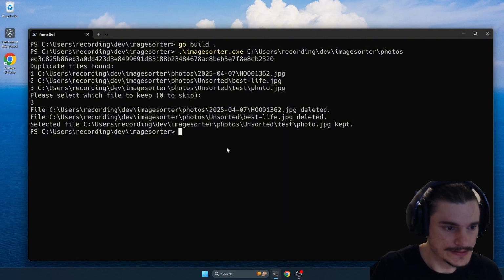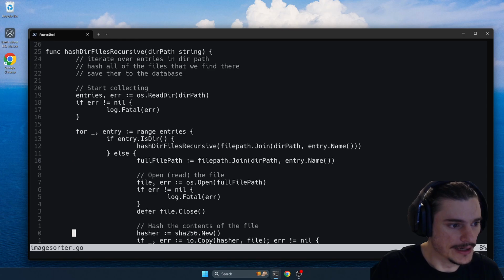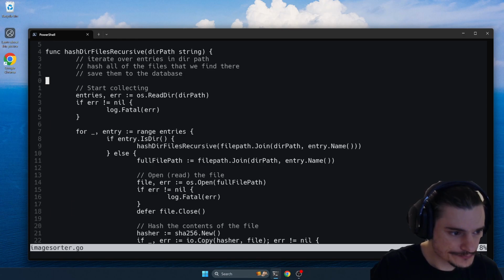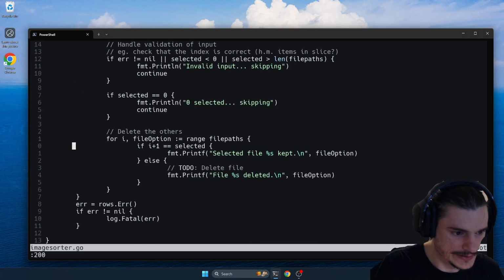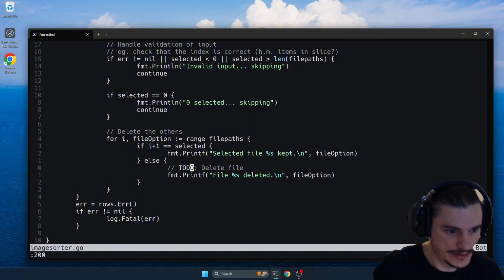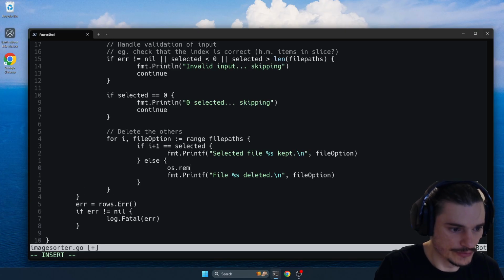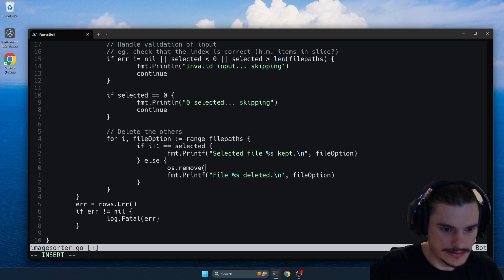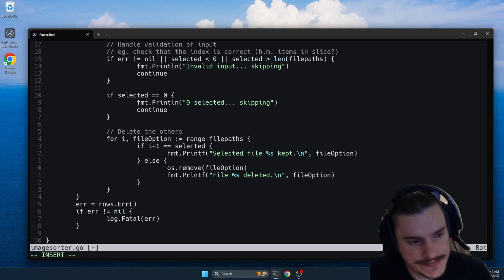Now we need to delete the file. So this one should be pretty straightforward. We did it a while ago with the database. So let's just go down to the end of the file here. So let's do it here. So os.Remove and then file option. Now I can't remember what it returns. Does it return